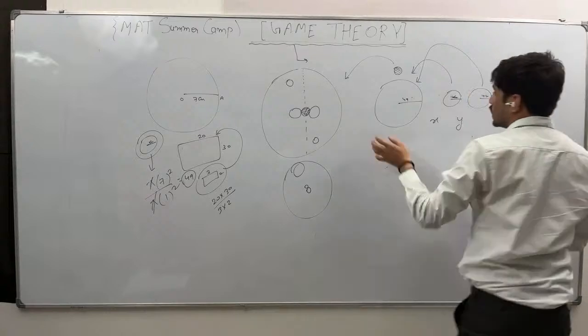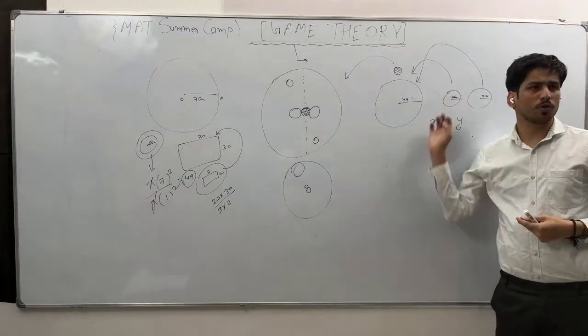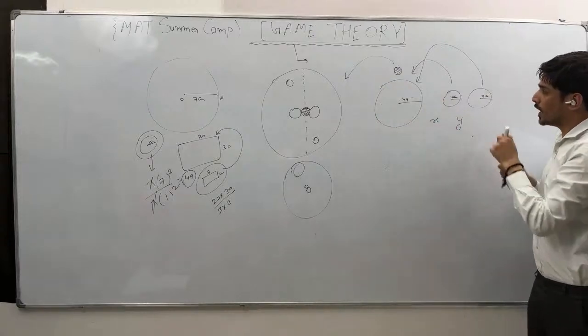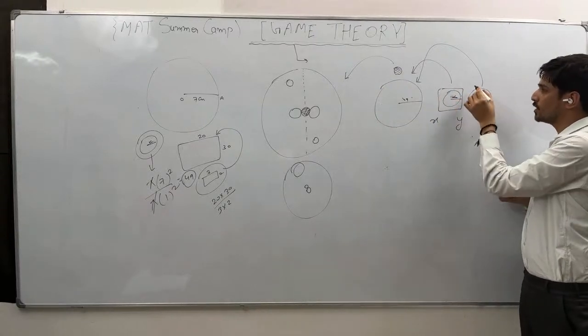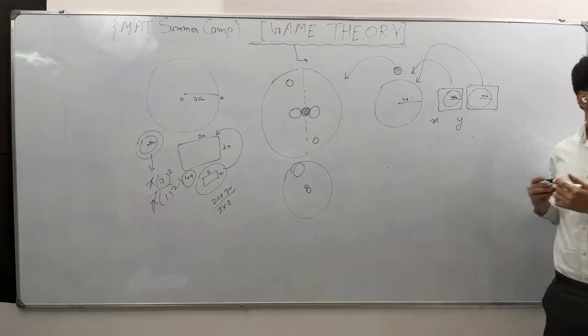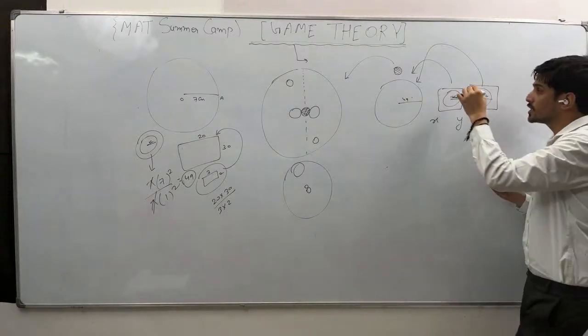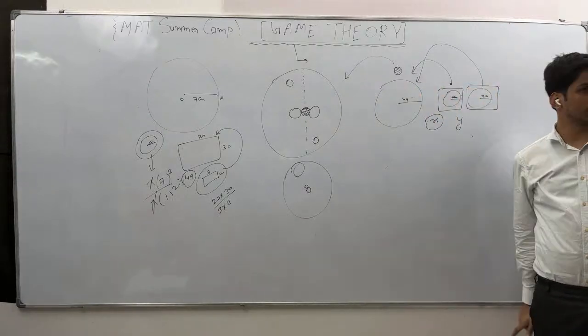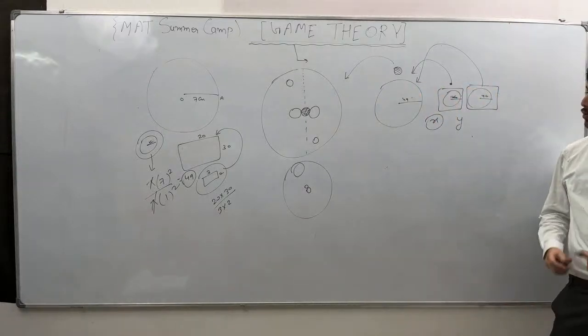The question is that I have a big circular track or big circular ring, and the radius is 49 centimeter. Then I have two coins. One coin is 14 centimeter radius. Another coin is 7 centimeter radius. Now the question is, for the 14 centimeter coin, a total of X coins can be put here. How come?